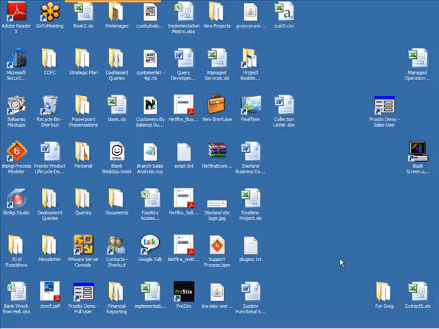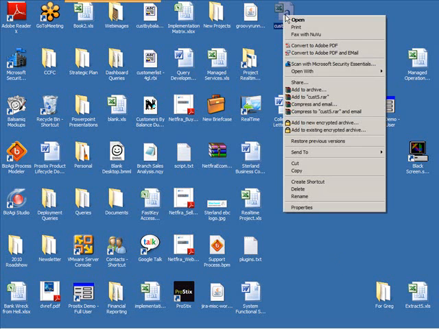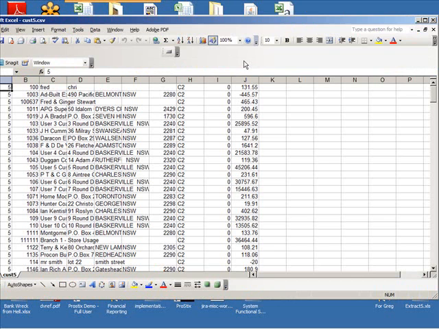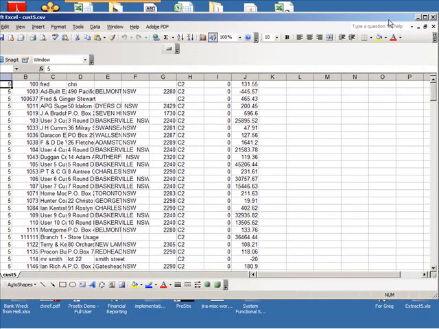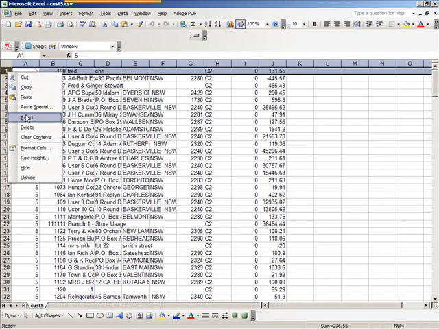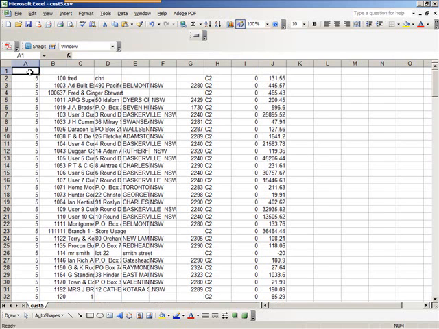Okay, so I've extracted the data file from ProSticks and transferred the file from the ProStick server over to my desktop. So now here I need to open the file in Excel just to potentially do a little bit of tidy up. What I'm going to do, to make it easier for my mail merge, is insert some column headings. Now the extract by default puts out the extract number in the first column, followed by customer number,